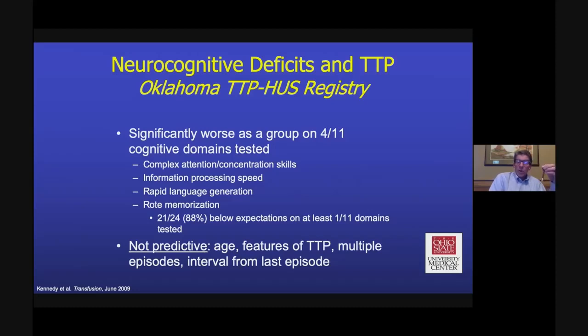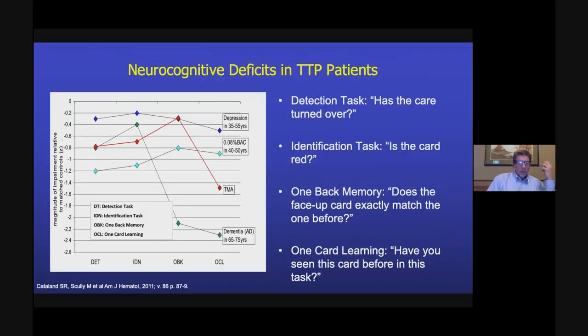So 21 of 24 patients, almost 90%, performed below expectations on at least one of these domains. What was also interesting, it wasn't very clear why these happened. Age did not clearly predict it. Severity of TTP, number of episodes, didn't seem to predict it. So in some follow-up work that we did with Dr. Scully from the United Kingdom,